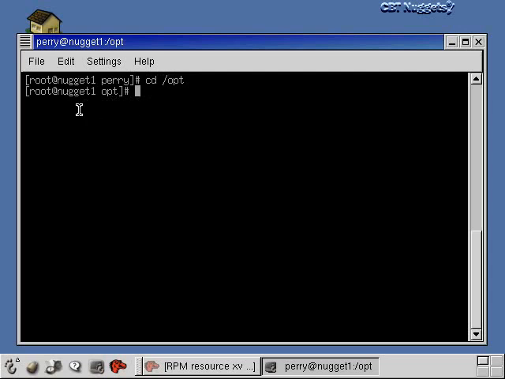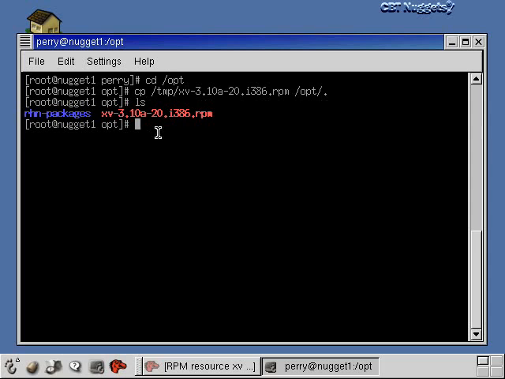All the RPM files will be in the /opt directory. Okay, now what I'm going to do is copy that file from the /temp directory. It's called XV, and I'll just hit the tab to complete it with all the version numbers and the architecture information and all that kind of stuff. And then I'll put that in the /opt directory, and I'm just going to say dot to give it the exact same name. Okay, so I do that, and now it should be in this directory, and there's the XV